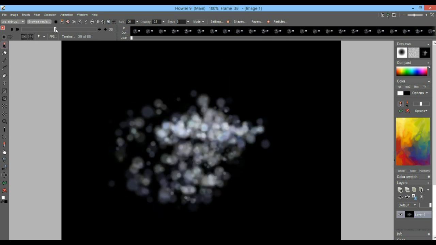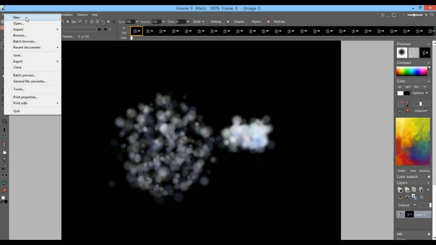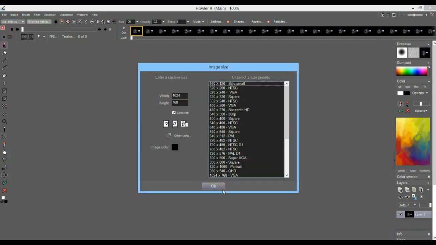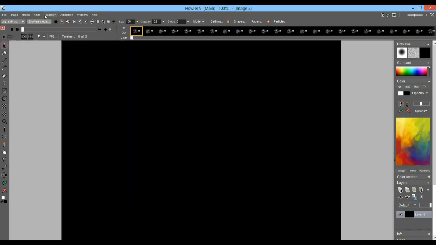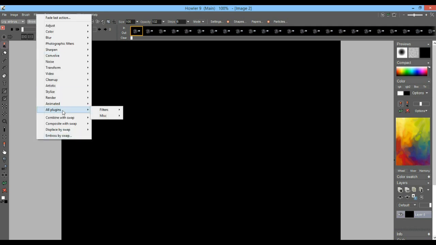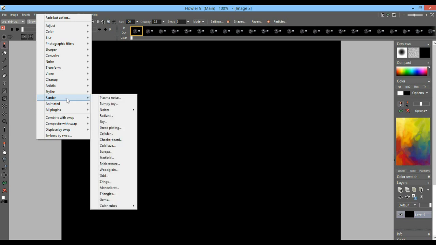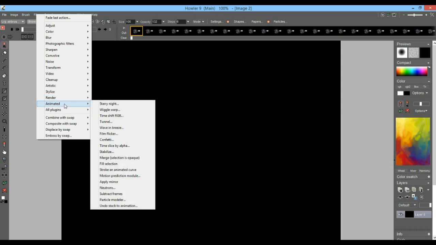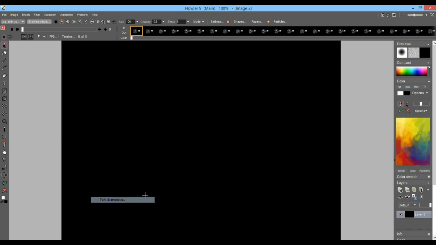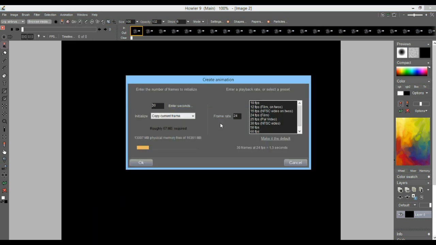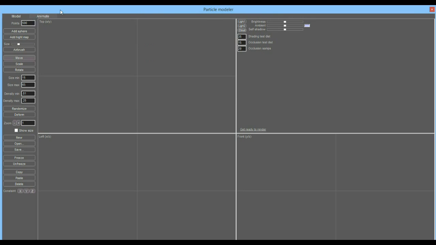All right, let's now create a new image here, and this time we'll experiment with the other options. That was secondary motion. Let's create another one. This time we'll do animated particle modeler. Let's create a slightly different one. Let's say still 88 frames and still 30 frames a second. And this time we'll create